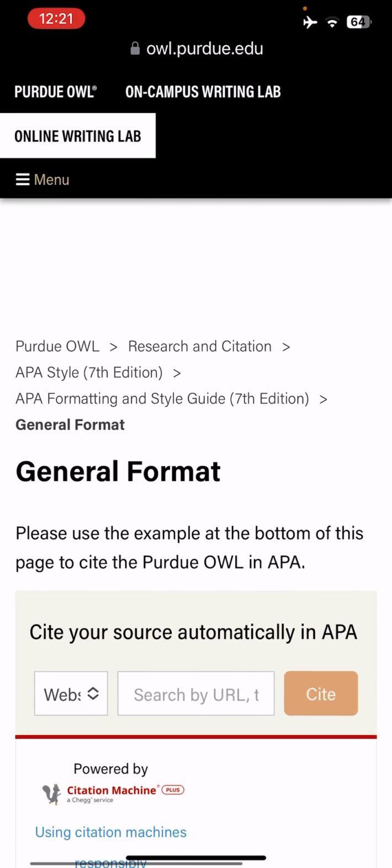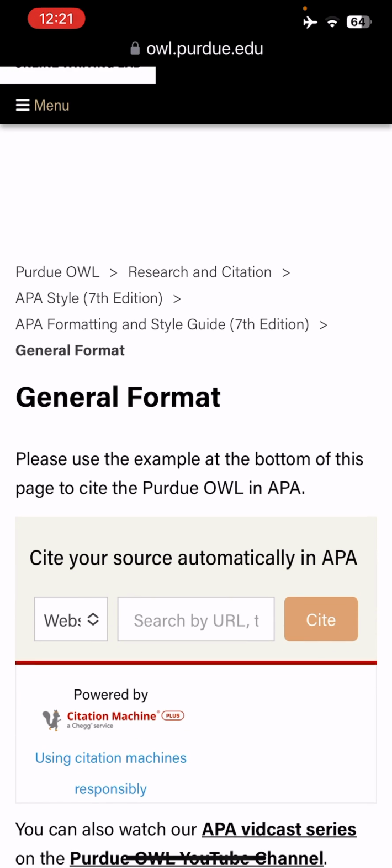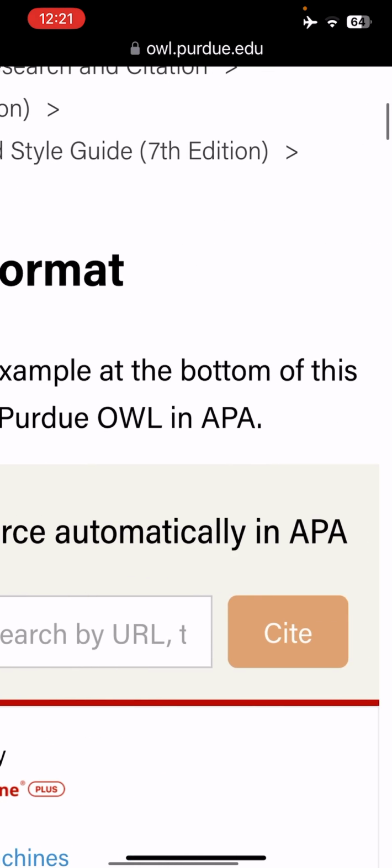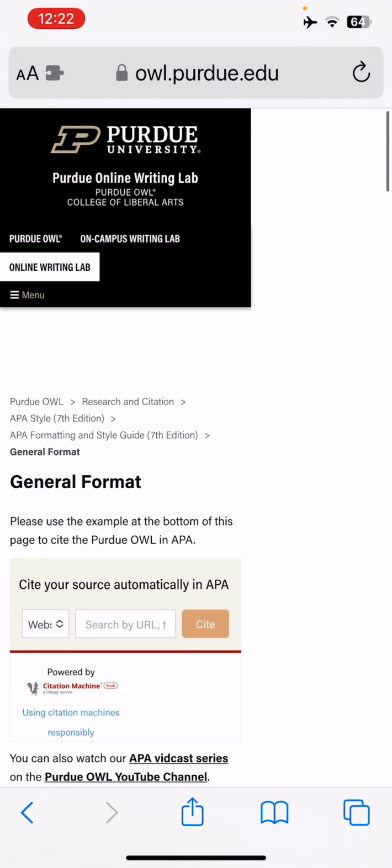What you do not want to do is use where it says cite your source automatically in APA. You do want to do APA citations. You definitely need to learn how to do it. You need to have APA references. You need to learn how to do that. Do not trust the online reference formatting and citation formatting.